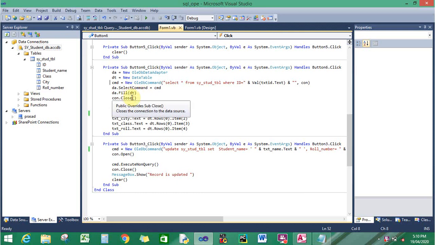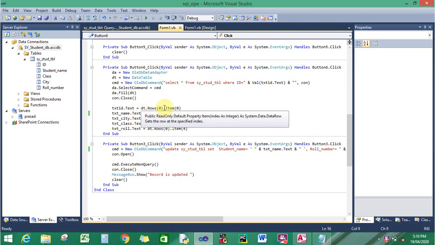After that, close the connection. These four steps are most important for fetching id-wise records, meaning the filled records in the table, by using the data table object dot rows of 0th position dot item of that position.